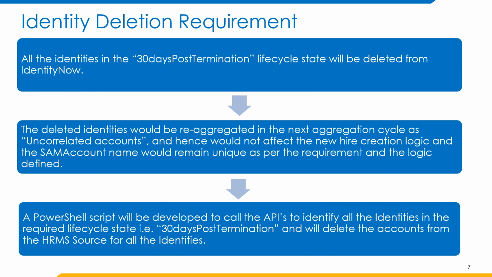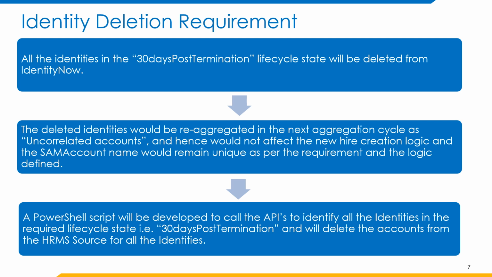As part of this slide, we will understand the requirement of executing this PowerShell script to delete identities automatically and understand how it can be achieved via PowerShell script. The requirement is all identities in 30 days post termination lifecycle state will be deleted from IdentityNow. The identity deleted would be reaggregated in the next aggregation cycle as uncorrelated accounts in target applications and hence would not affect the new hire creation logic, and the same account name would remain unique as per the requirement